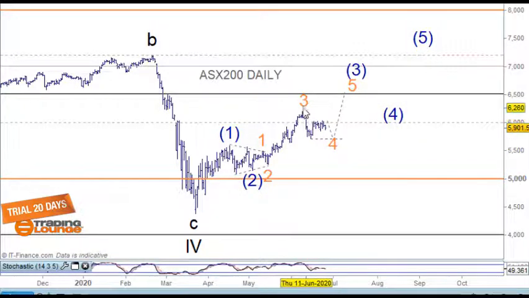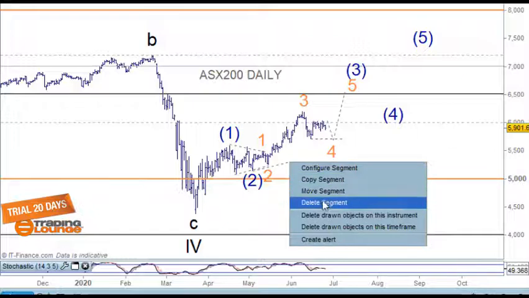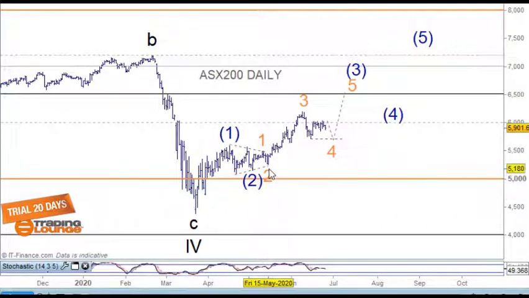So we've been looking for wave 3 here with an A and a B and a C for wave 4. Because this stopped at the 61.8% retracement level here, we're likely to move lower for this wave 4. Wave 4s also tend to break the previous trend line from wave 2, so we can expect that to be broken. If you've got a trend line from that point to that point to that point, then that will also be breached.